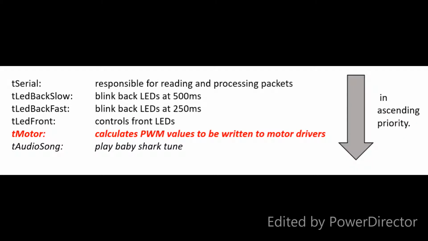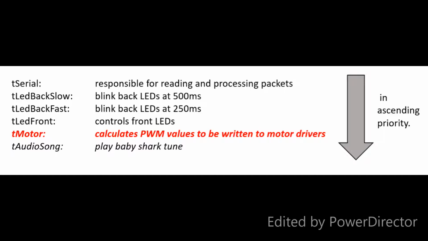Fourthly, when the forward or backward button is pressed on the app, it will constantly send forward-backward movement packets to the robot at a rate of 50 milliseconds until the stop button is pressed. When the serial task receives these packets, it will send them to the motor message queue asynchronously. The T-motor task will block until it receives these packets and calculate the appropriate PWM values which will be written